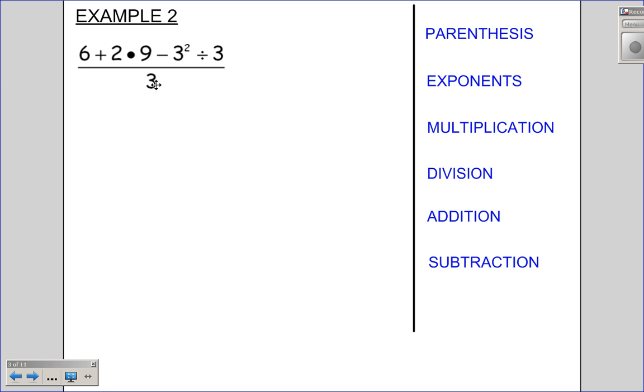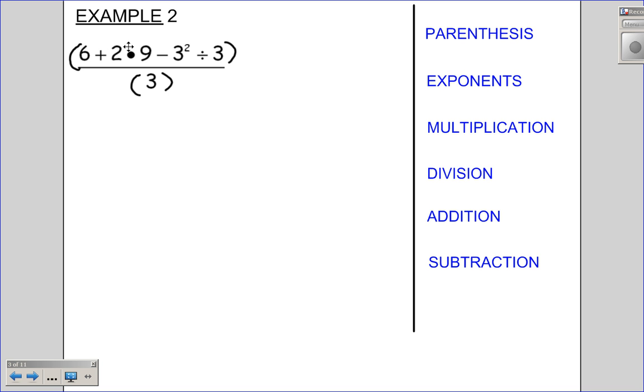This bar here is a division bar, but that's really telling me that I have some work to do on the top. I'm going to do everything on top, I'm going to do everything on bottom, and then I'm going to do that division bar. So I really need to work in these parentheses first, and then in these parentheses. So looking at the top,